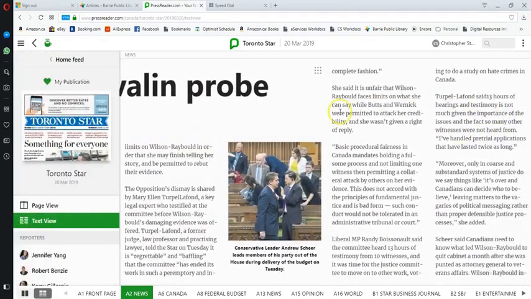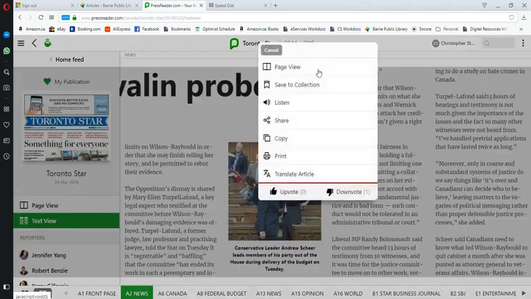Once you're looking in detail at an article, there are a few other actions that you can perform by clicking the grid icon that appears near the headline of the article and also right at the end of the article. And some of the things this grid menu allows you to do is to switch from page view to article view, as you've seen. You can also leave a comment, so you can comment on particular articles, a bit like